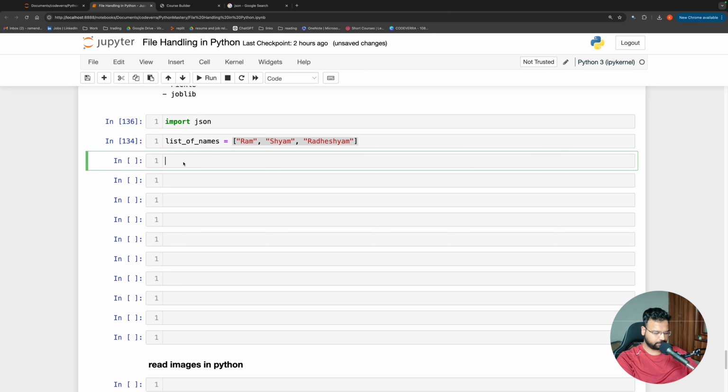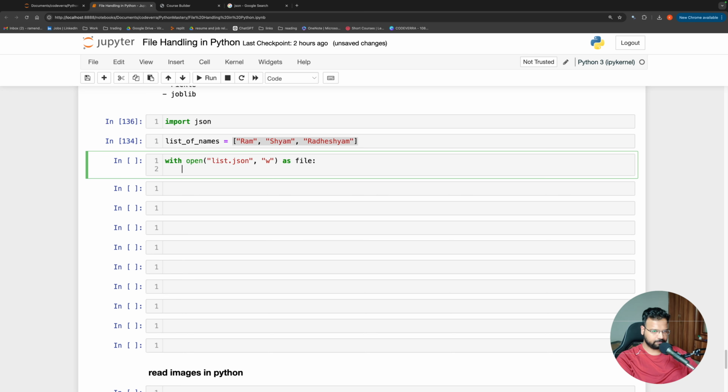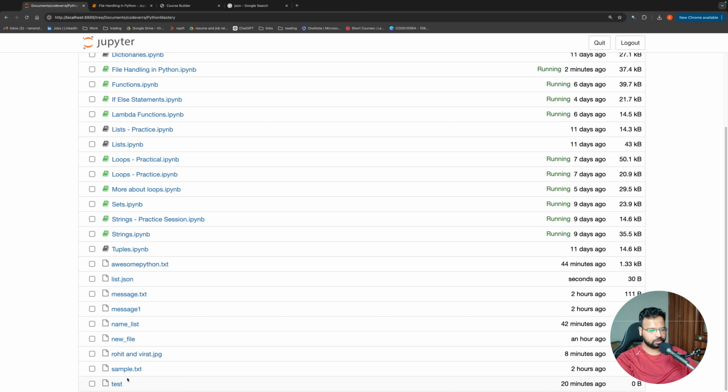So just see what I'm doing. I'm saying with open, and I'm going to open a file. Let me call it list.json, and I'm going to open it in write mode as file, and then I will say json.dump. I need to provide two things here. One is what I need to dump, which is list of names, and where I should dump it, which is in file. So I've opened a file, then I have an object, and I'm saying JSON should dump that Python object into the file. So if I run this and go back here, you will see I should